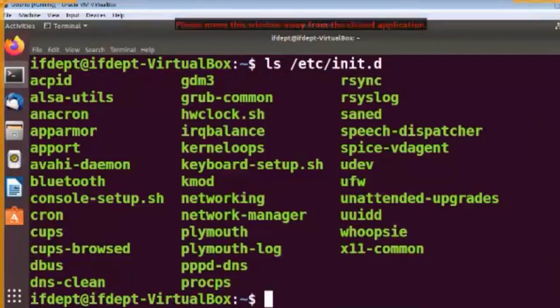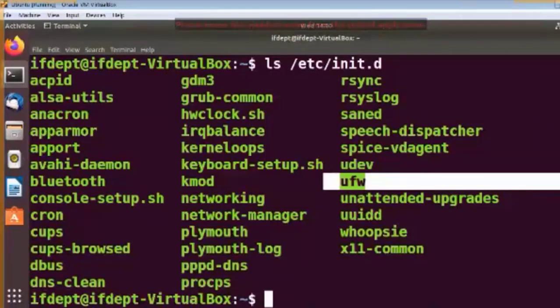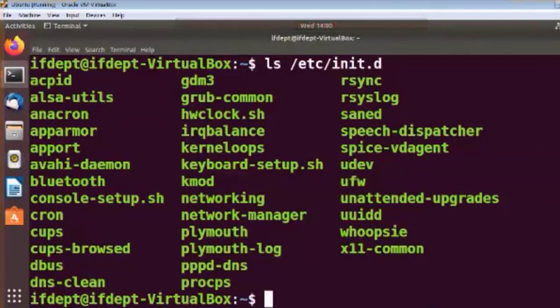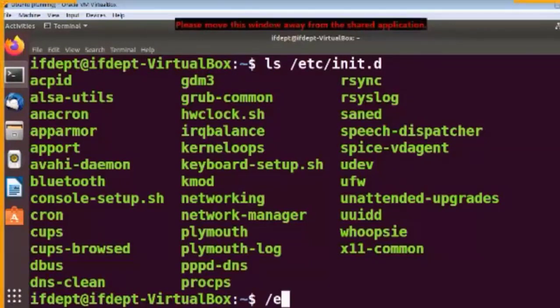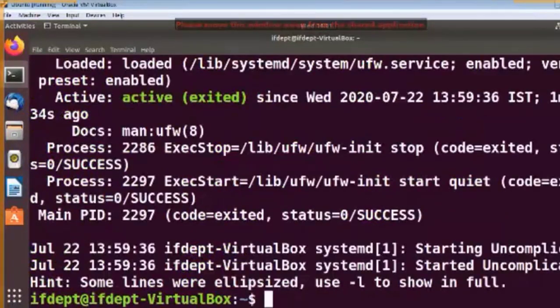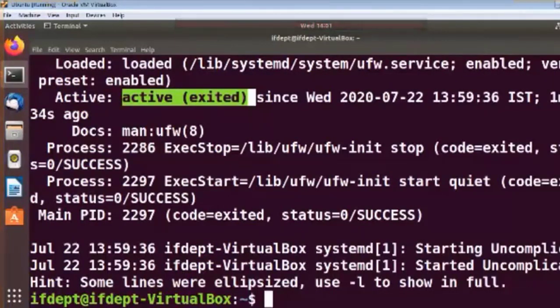So here if you remember just now I have shown you the UFW service, right? So now we will see another method to start, stop and restart this UFW service. So what you have to do, type there /etc/init.d/UFW. First we will see what is the status. So put there status. Press enter. Now see here what it is telling me, active. Is this particular service is running now because just now I have restarted it, isn't it?